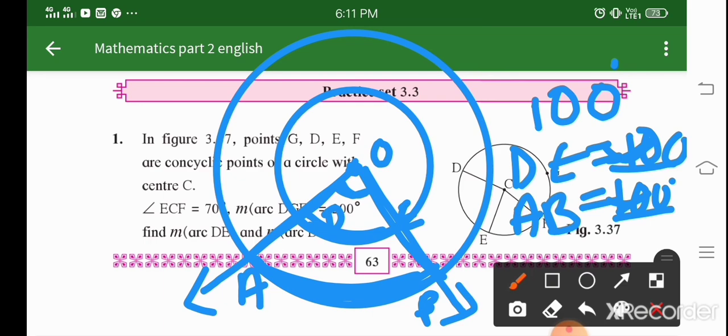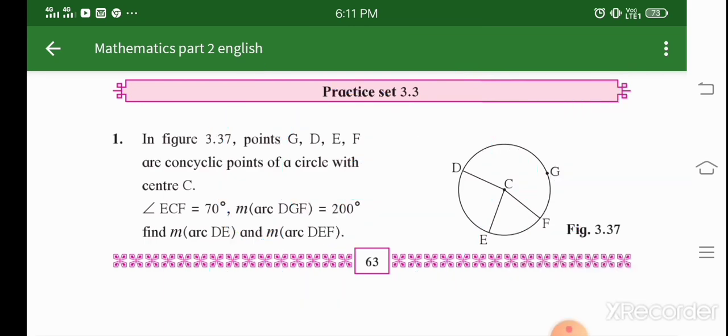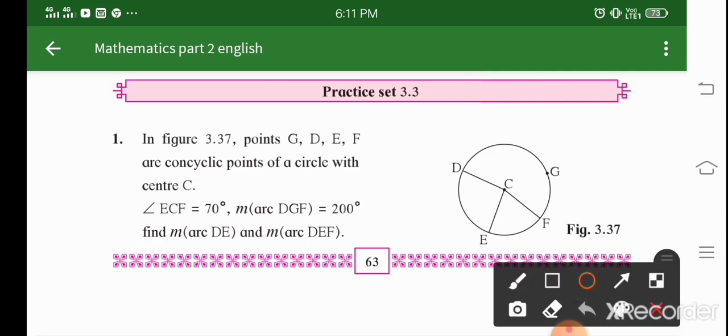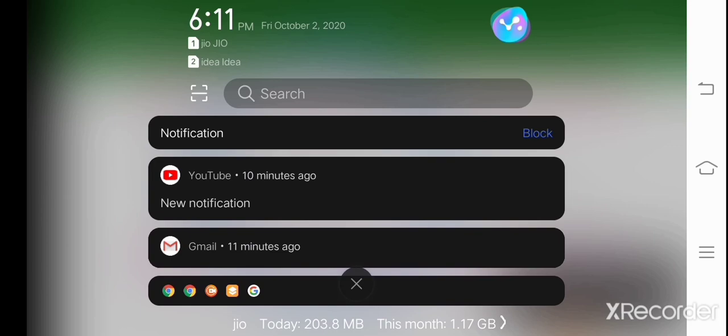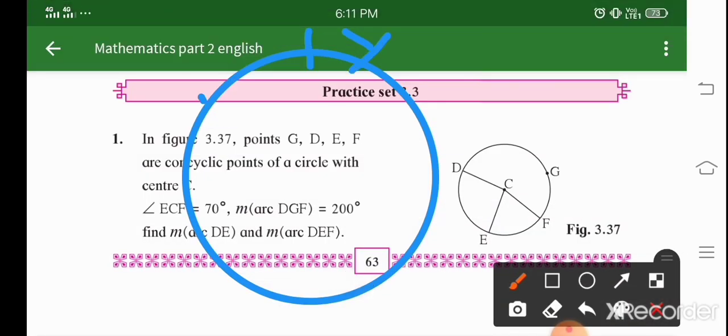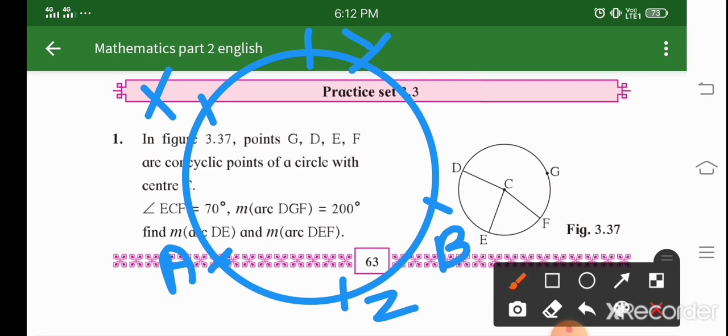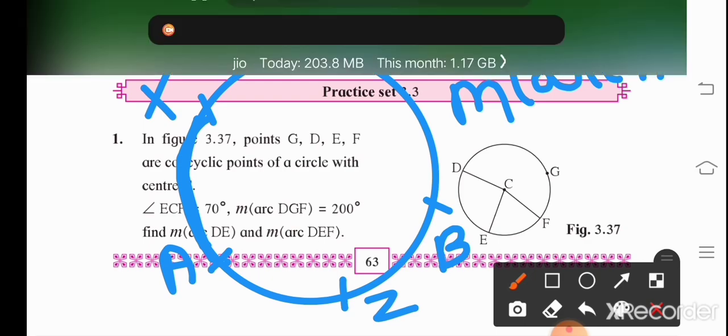So let's move ahead. Now we'll see the property of sum of measure of an arc. Let's suppose a circle is there. Let's say this is a circle. Let's suppose this is Y, this is X, this is a point A, this is Z, and let's suppose this is B. Okay, next property is the property of sum of measure of an arc. Suppose you want to see this arc, measure arc AX, right? You can just write measure arc AX, plus